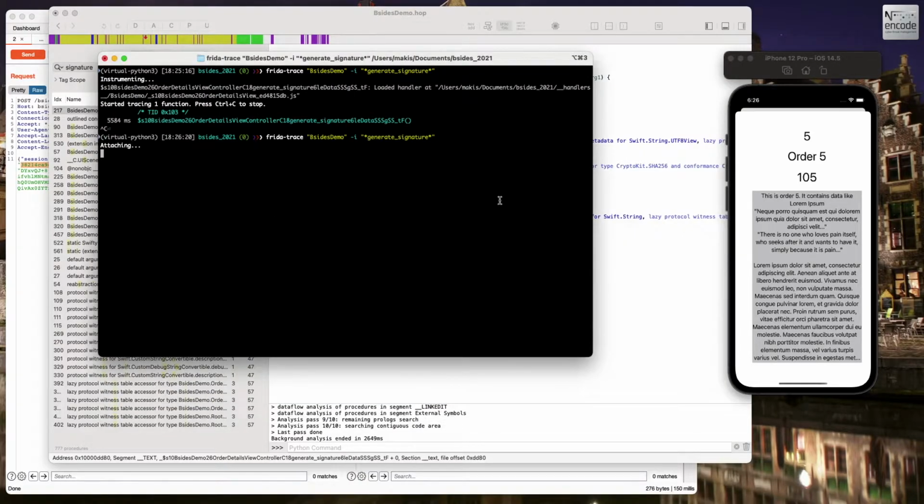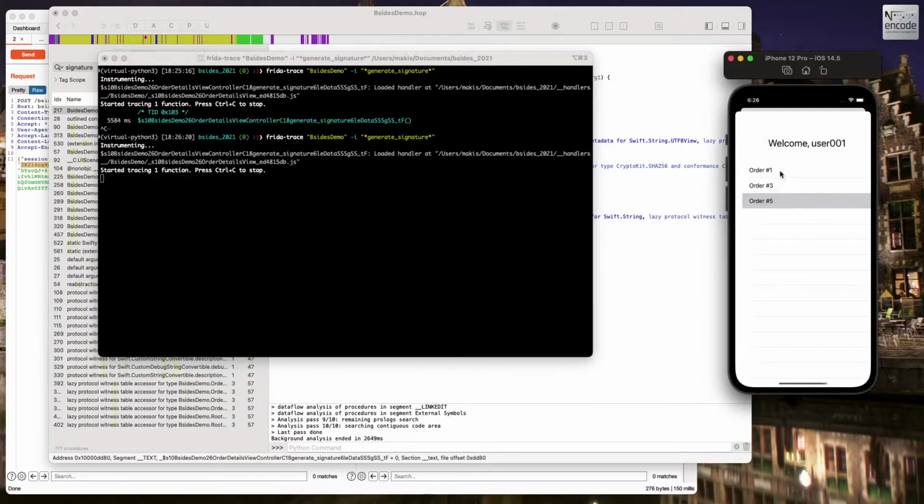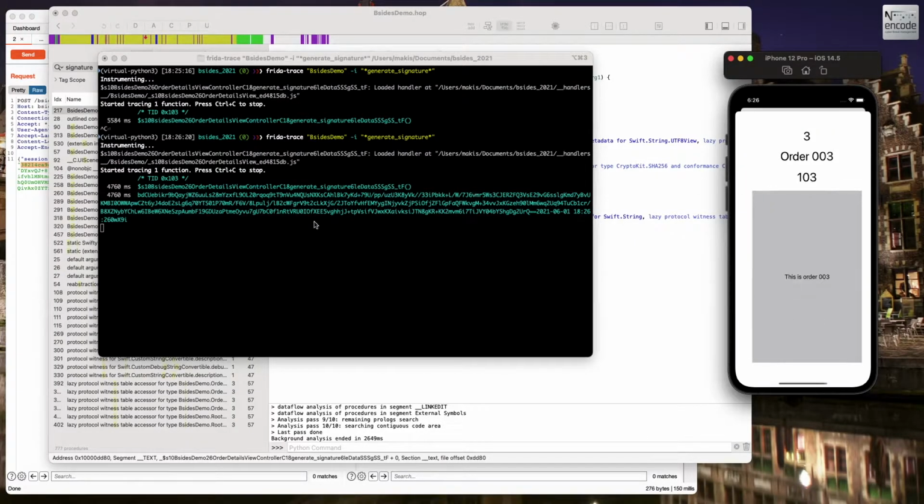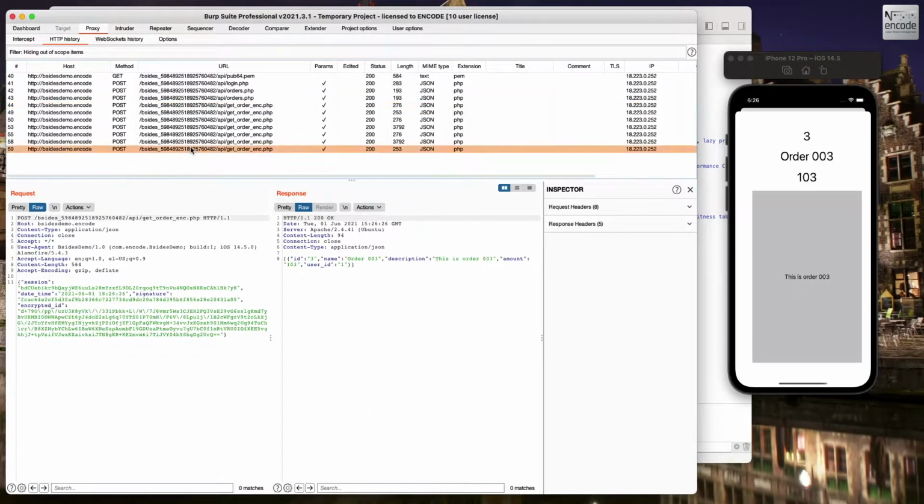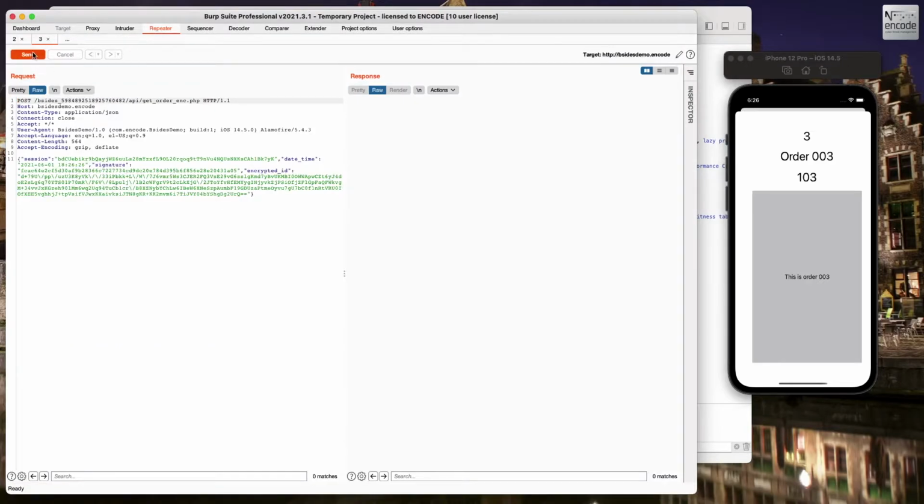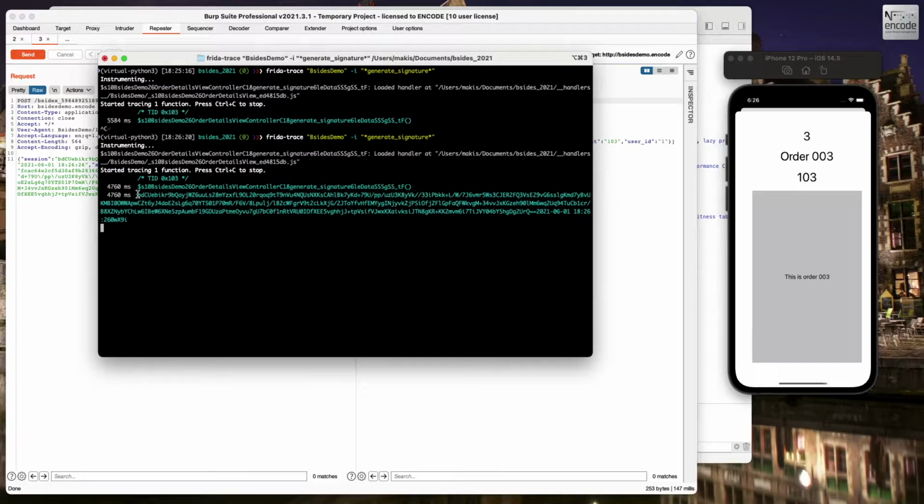If I use trace again and click on an order, we will see that this is what actually goes into the function before it is generated into a hash. And these parameters might look familiar. If you go to the latest request and see that this here